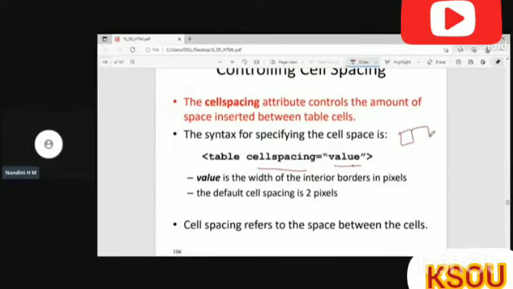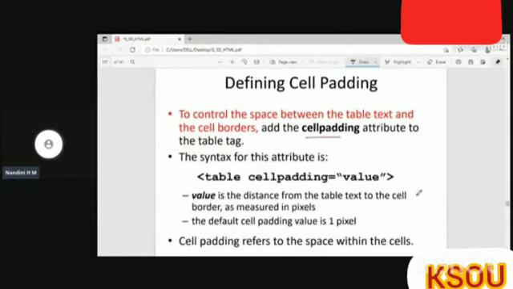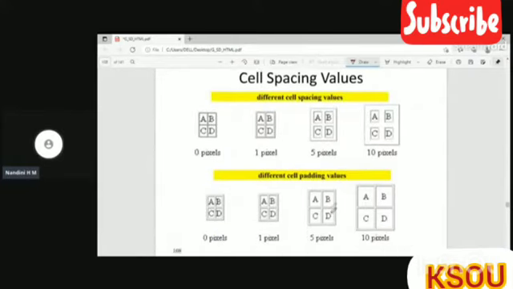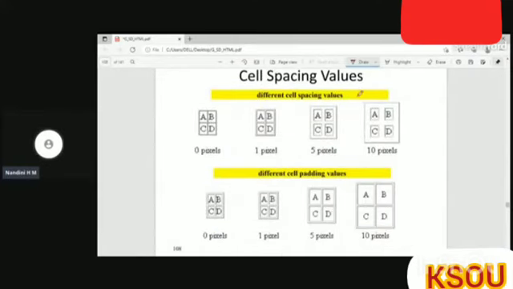If this is one cell, and this is another cell, cell spacing controls the space between the table cells. Whereas cell padding adds space between your data and its border. So you can see the difference here. This is cell spacing and this is cell padding.